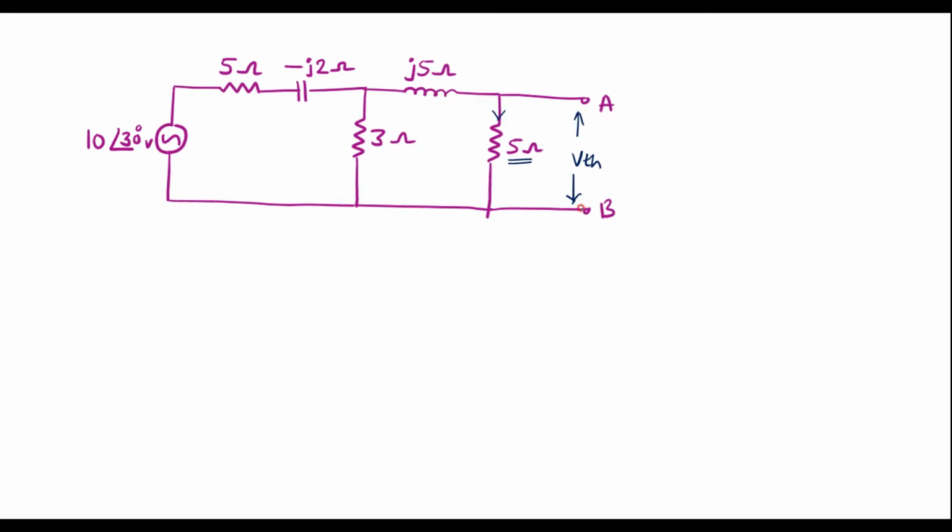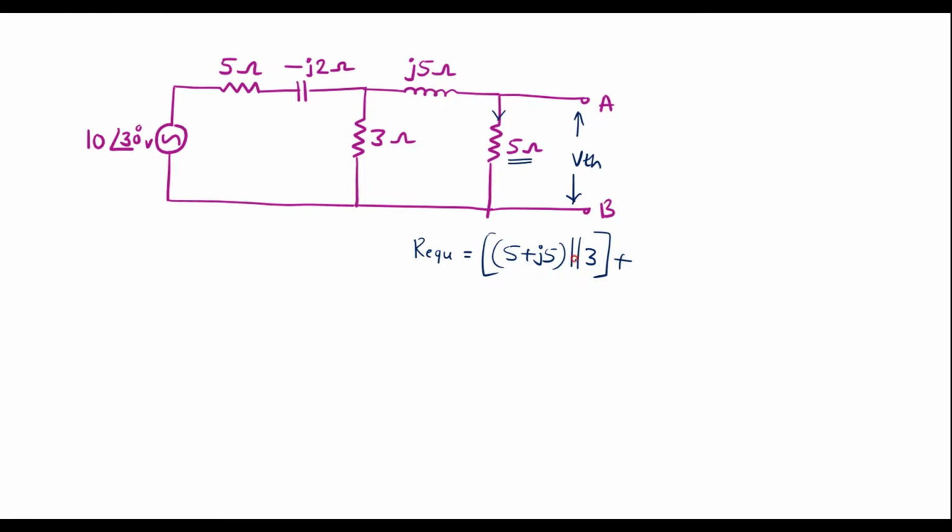Here terminals A and B are open, so no current flows in these terminals. Here J5 and 5 are in series. That combination is in parallel with this 3. First let me calculate the equivalent resistance of this circuit. That is, R equivalent is equal to, here these two are in series, that is 5 plus J5. This combination is in parallel with 3. The resultant value is in series with this,